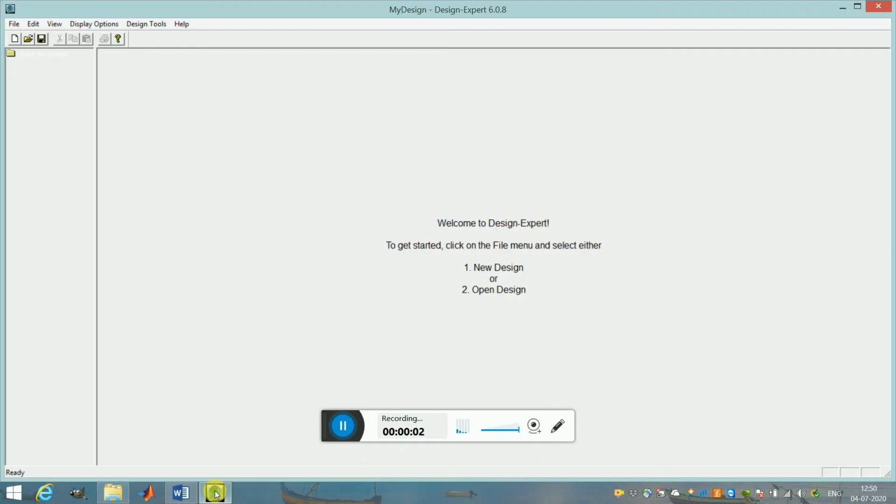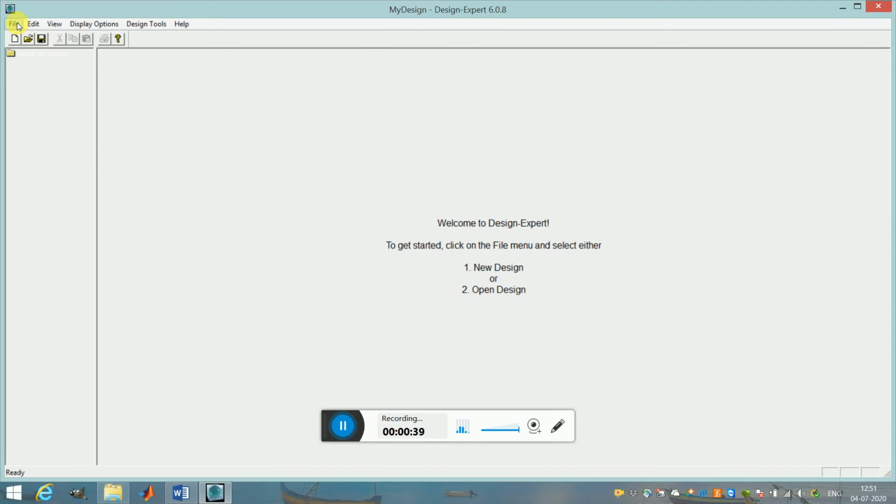In this video we'll see how to use Design Expert software for performing experiments and doing analysis. Here we'll take the example of 3D printing, where we want to print two different designs, say honeycomb structure and bamboo structure, and then we want to test tensile and compressive strength. So how do we do this?